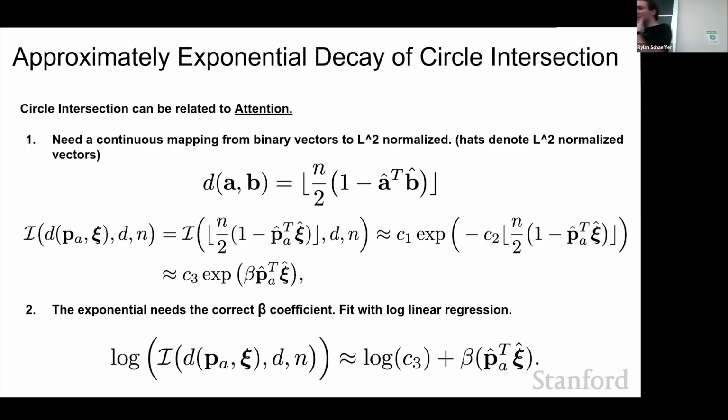I just wanted to show a figure to get some intuition before. So all we're doing here is we're in a binary space with original SDM, and we're just using this mapping to cosine similarity. And then what you need to do is just have the beta coefficient fit. And you can view your beta coefficient in attention as determining how peaky things are. And this relates directly to the Hamming distance of your circles that you're using for read and write operations.